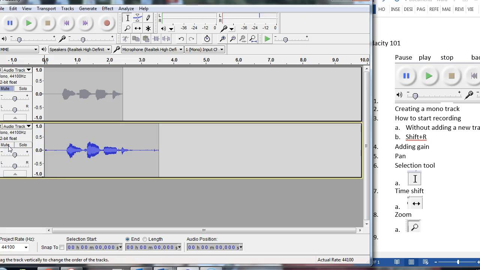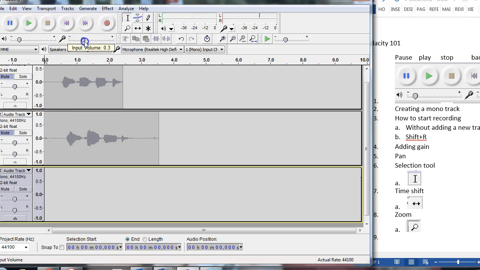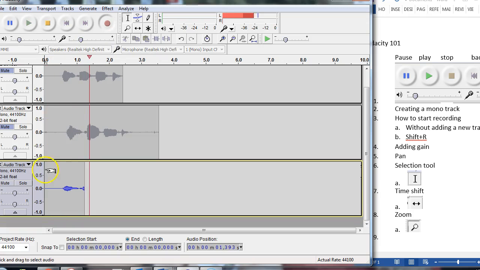So we're going to do this one more time. I'm going to mute this channel. Tracks, add new, audio track. Turn the gain down here to 0.3. So I hit Shift and R. 1, 2, 3, 4. Now you can just see, if you just look at this visually, let me unmute everything,